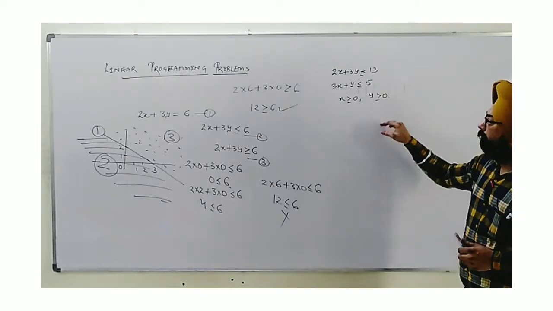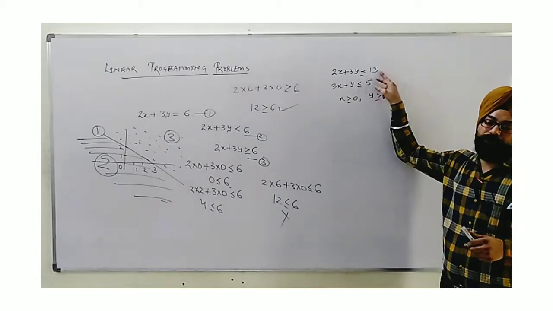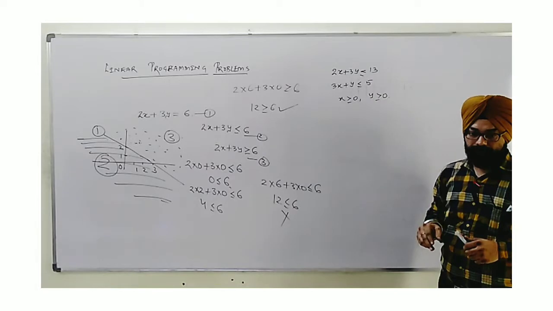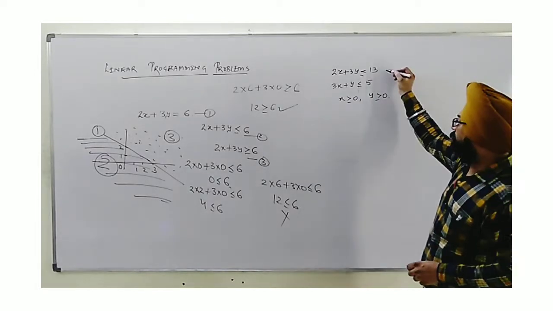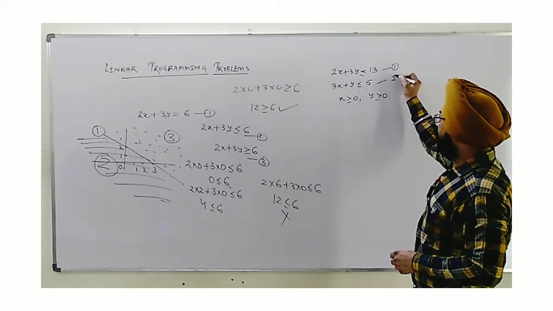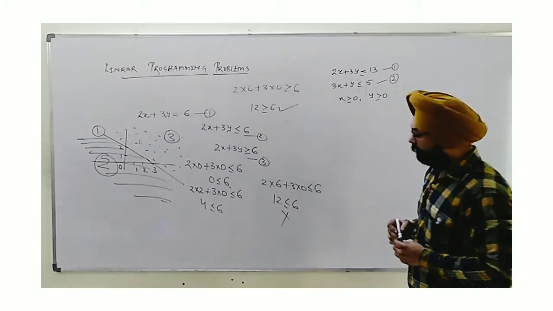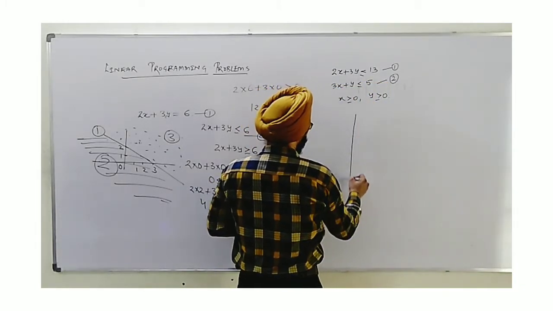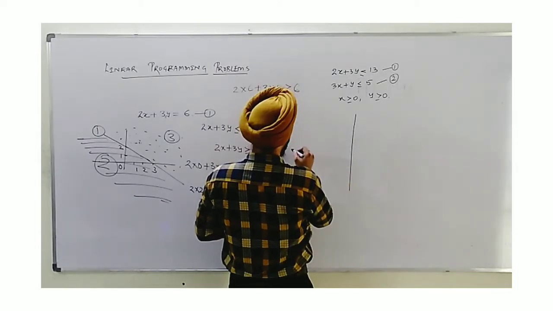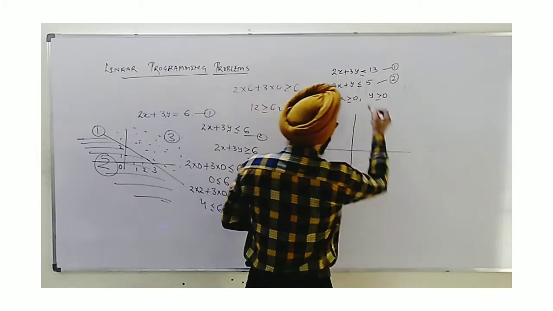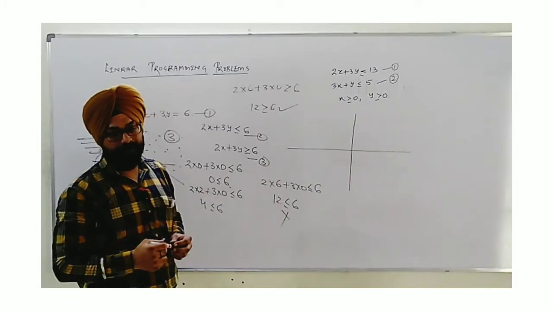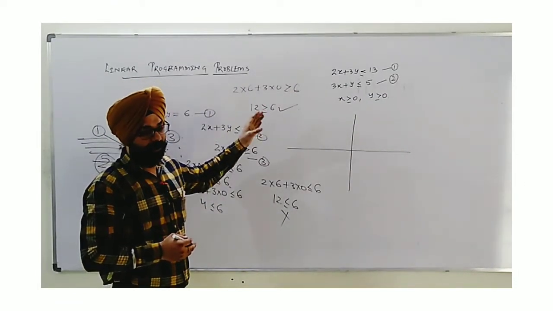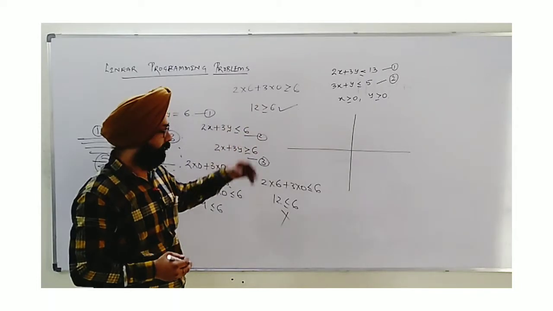Okay. Now here we are given two inequations together. I need to plot them on the same graph paper. What happens? Let's see. This is the first one, this is the second one. Now suppose I plot the first one on the graph. Here you do not need to show the table or solution of an equation. You can put it directly. Plotting of the straight line now is not a part of the solution.